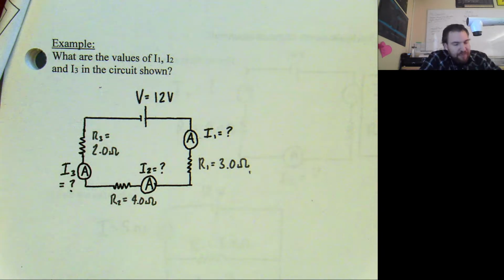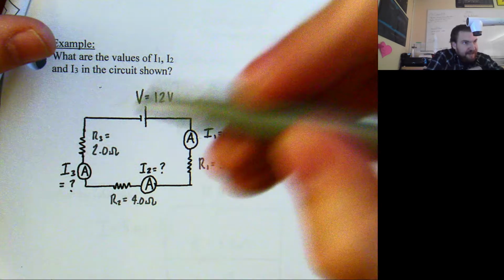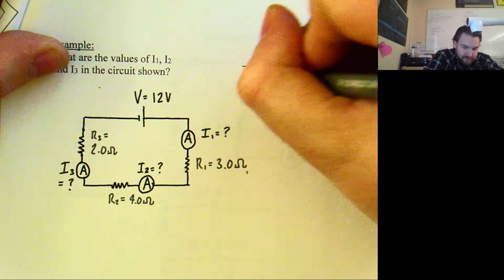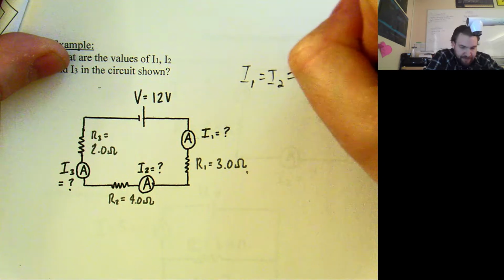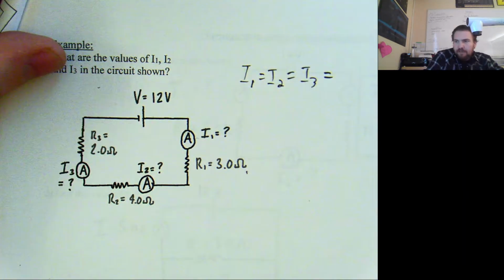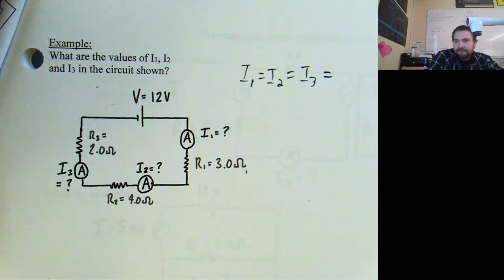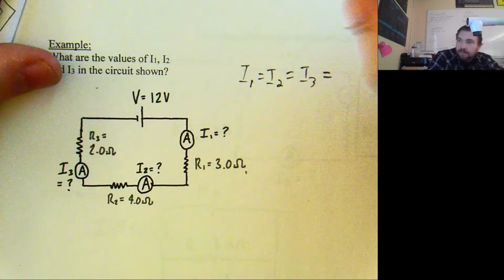Before we figure out what they are, what do we know is true about all of them? They're not on a parallel circuit, they're on a single circuit. Which just means that the amperage is going to be the same. Which means they're going to be equal. Cool. So as long as we find it in one spot, I1 is going to equal I2, which is going to equal I3, which is going to equal the total current